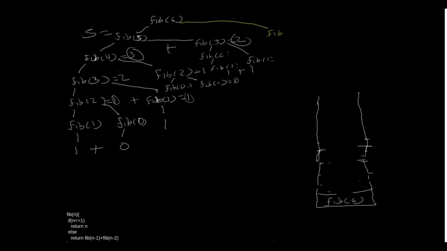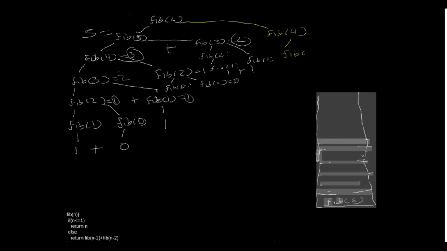So we'll use yellow to represent the left side. It is 6 take away 2 is 4. Okay. And then fib of